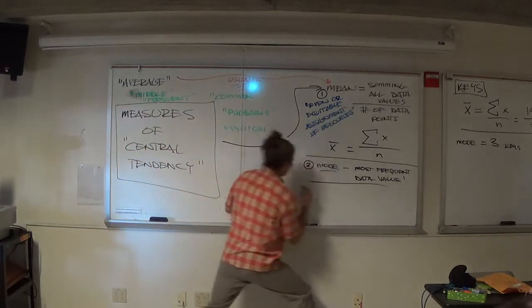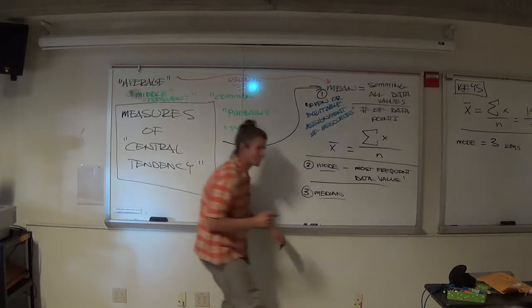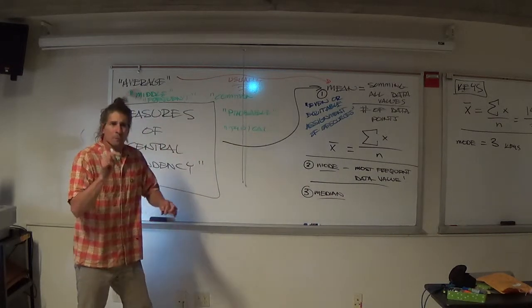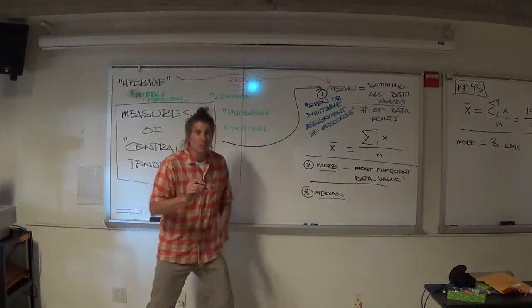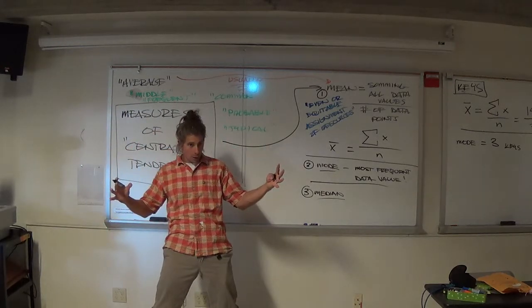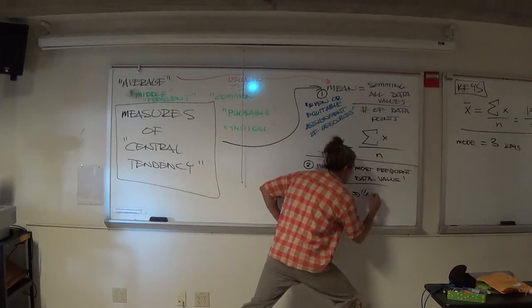But the median, number 3, also, I don't think has a special symbol. It used to back in the 70s and 80s, and we don't use it anymore. The median, like many things from the 80s, we shouldn't use anymore. Median means arrange your data in order and then find the halfway point. Okay? So it's the halfway point